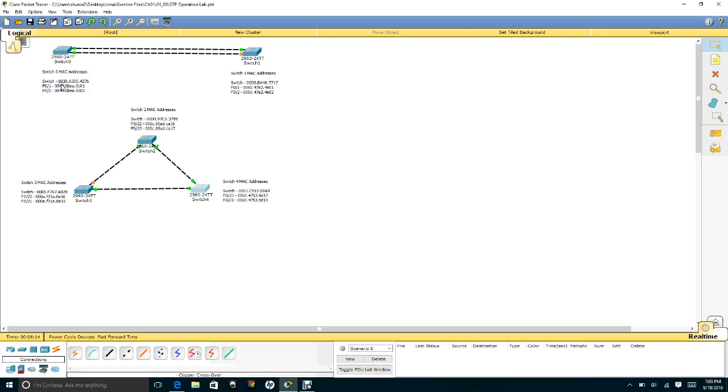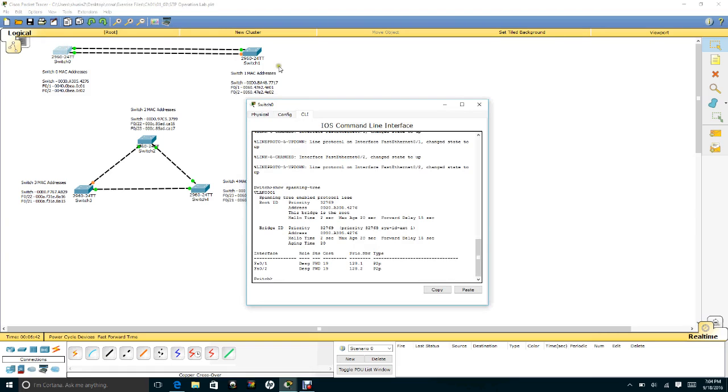As you can see, it is 0030 compared to switch 1, which is 00D0. Remember, this is hexadecimal. It runs from 0, 1, 2, 3, 4, 5, 6, 7, 8, 9, and then A, B, C, D, E, and F. So if I click these switches and go to the command line and run show